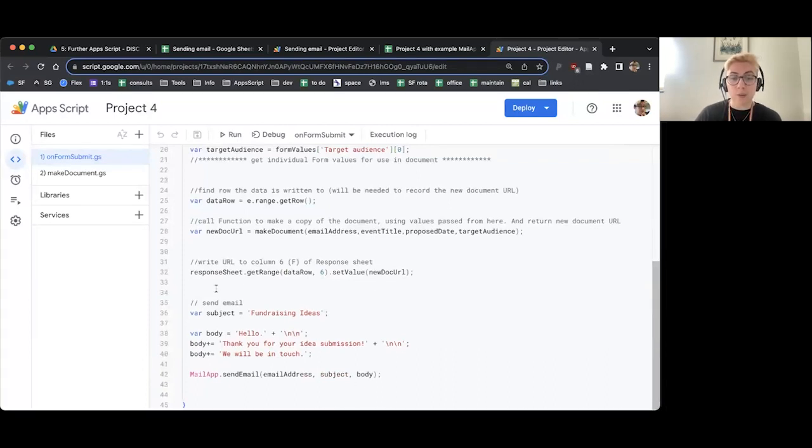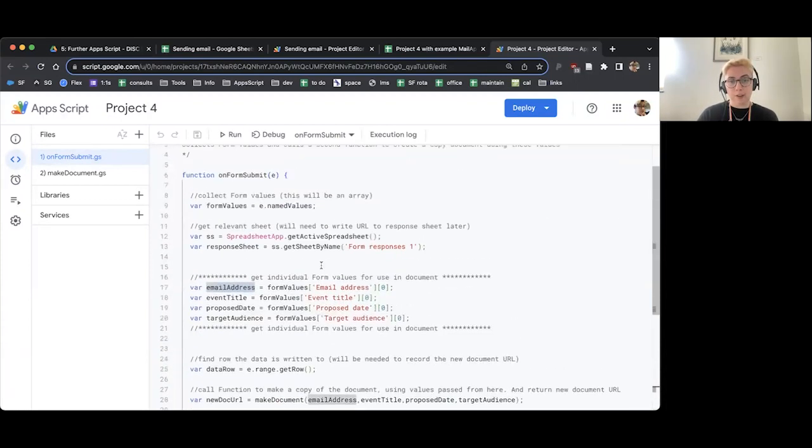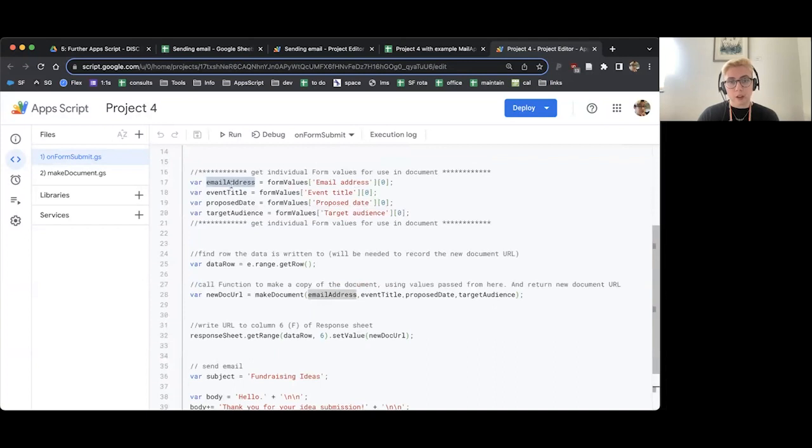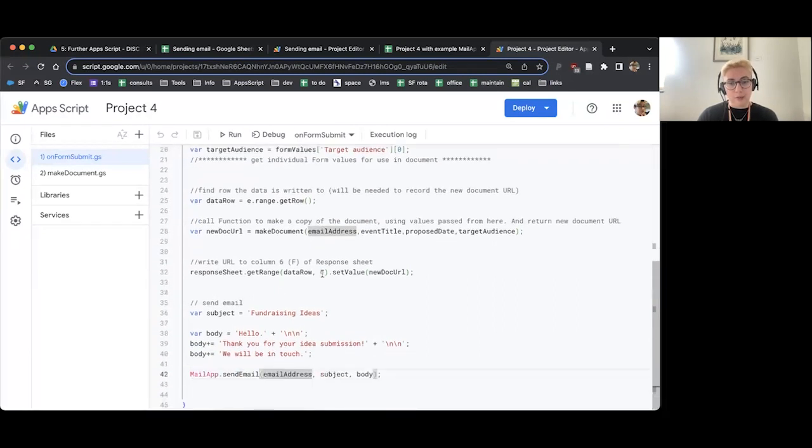And at the very end, once all that's done, we're going to send an email to let somebody know that we've received their submission, we've sort of administered it, and we're going to be in touch with them. So what I've got here, I've made a subject, I've made a body and added some more bits with \n, so it's got some new lines, and I've used sendEmail using the email address we got above. So we got one from our form value, and that's the one I'm using.